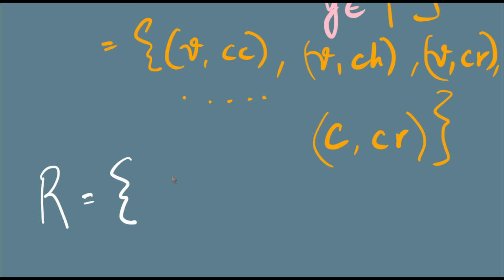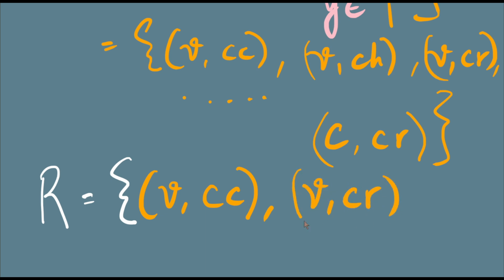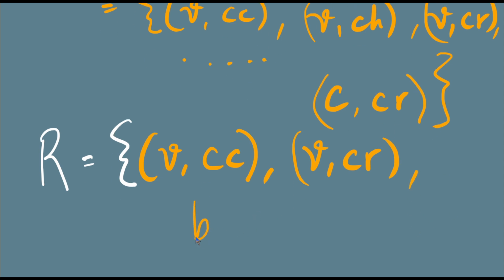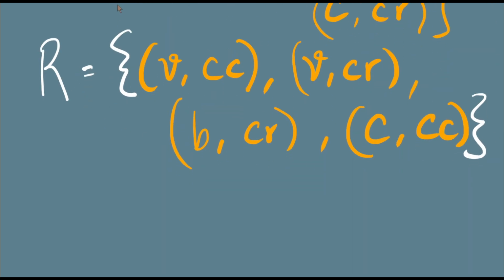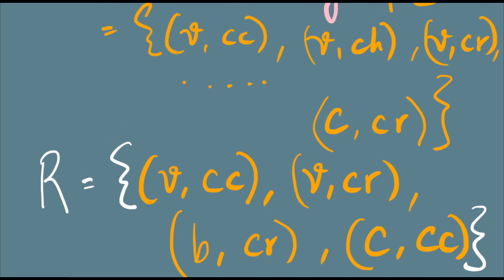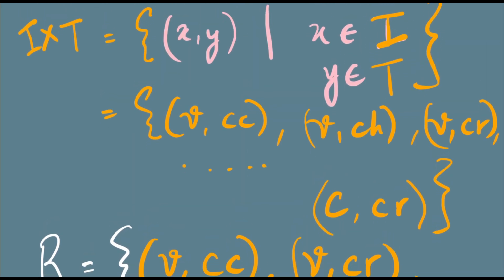and my subset contains all the people's favorites. So it might be something like vanilla comma choco chip. Well, vanilla goes with everything, but let me say vanilla comma cherries is not included in my menu for some reason, and I have butterscotch comma caramel and chocolate comma choco chip. A weird combo, but people seem to like this. So this is my new set R, and this is a subset of this whole set I cross T,